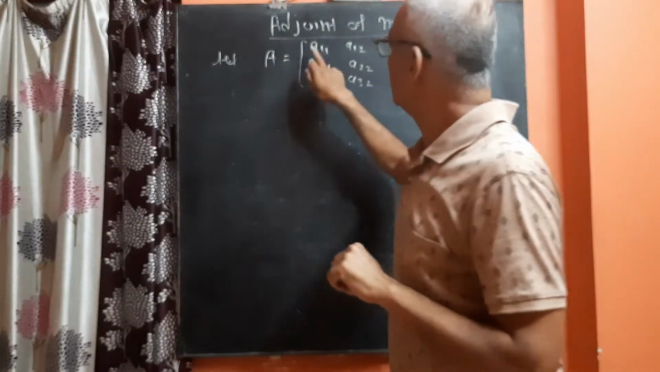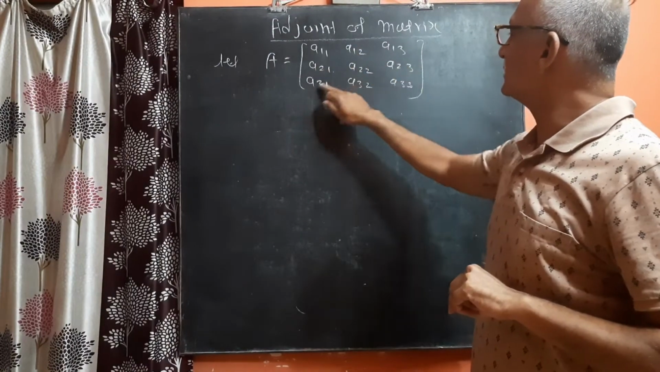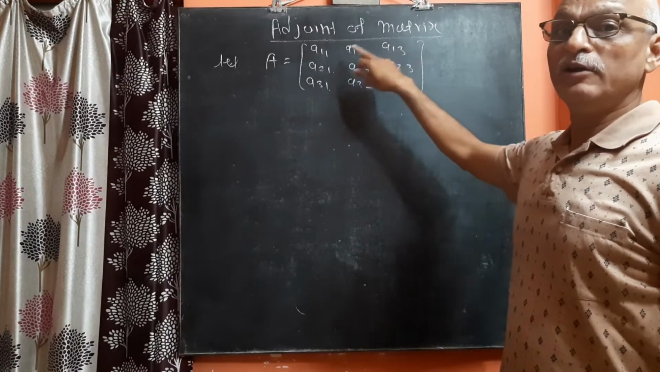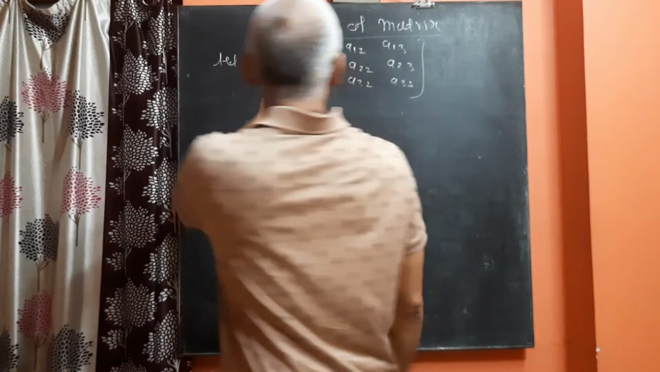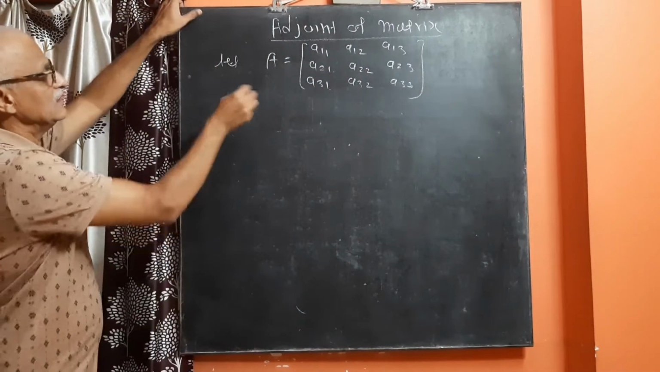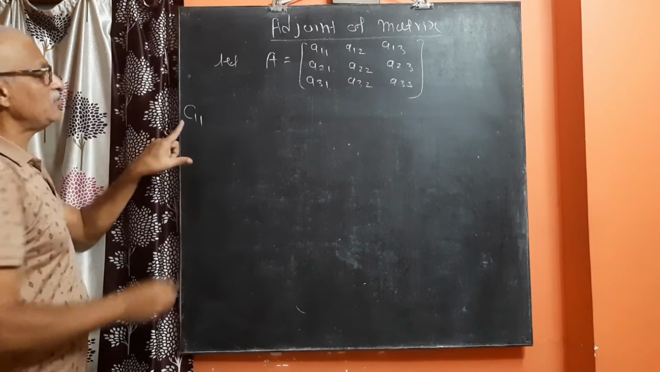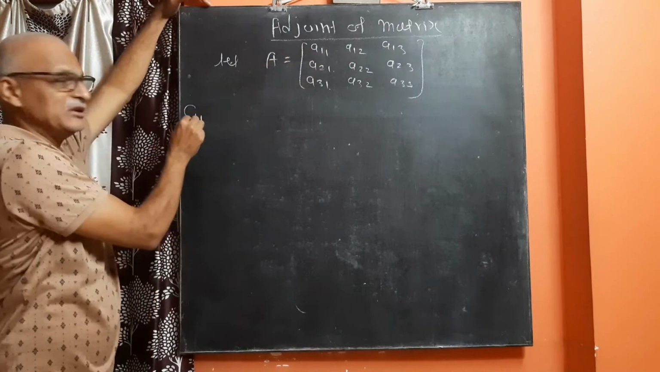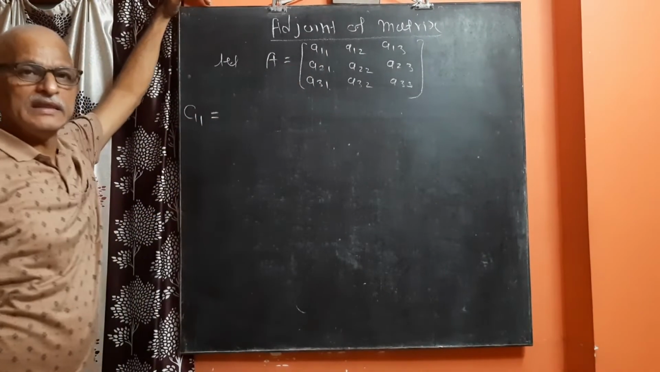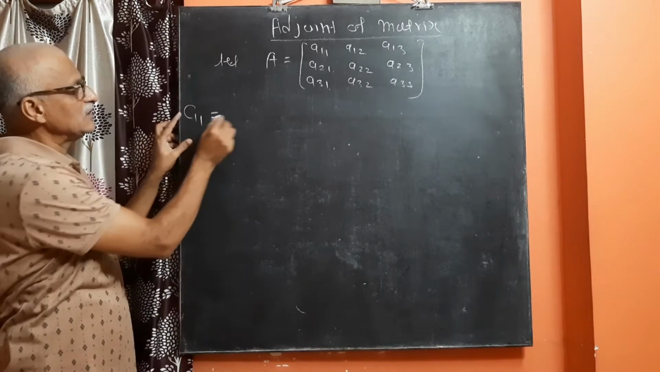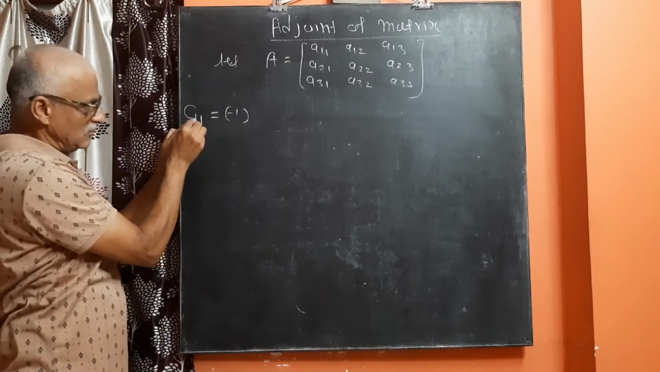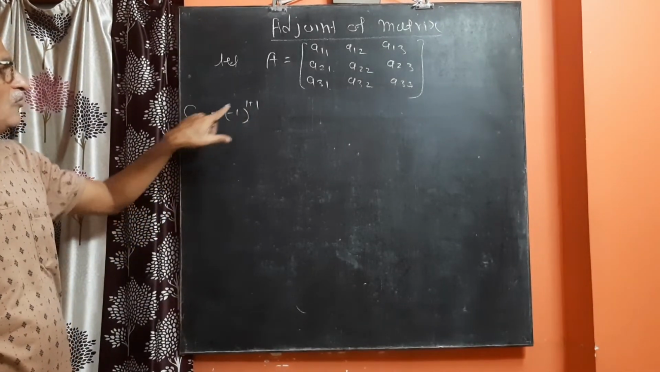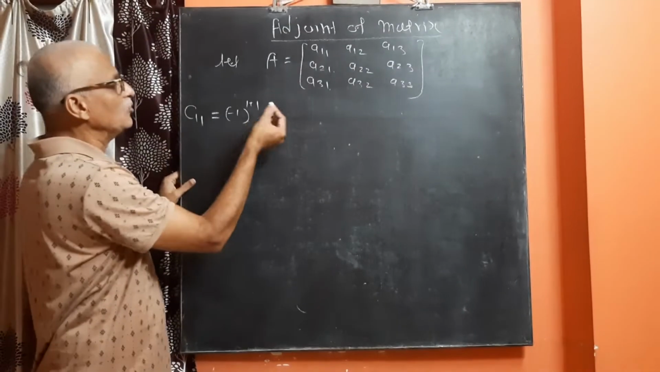How many elements are there? 1, 2, 3, 4, 5, 6, 7, 8, 9. In all, there are 9 elements. So we have to find out the cofactors of 9 elements, and those cofactor elements are denoted by C11. C11 means the corresponding position of A11. This is equal to, generally, C11 means you have to write minus 1 raised to 1 plus 1, that is 2, minus 1 raised to 1 plus 1 into the determinant of